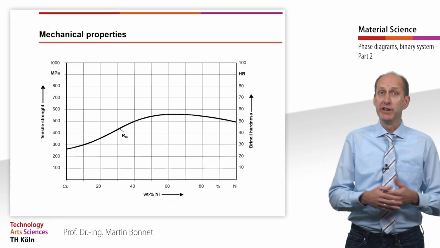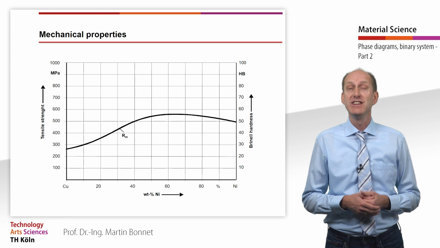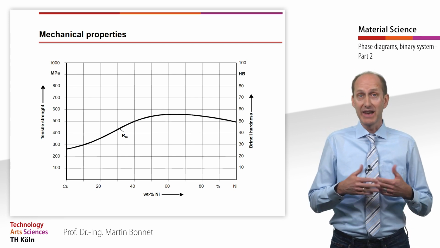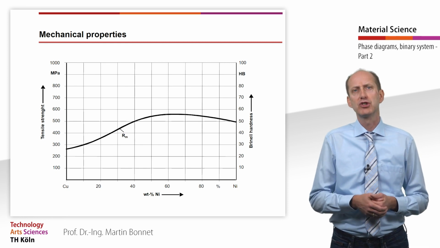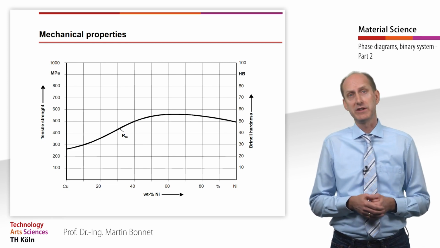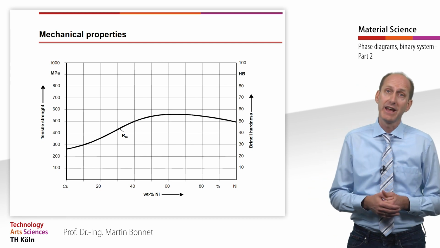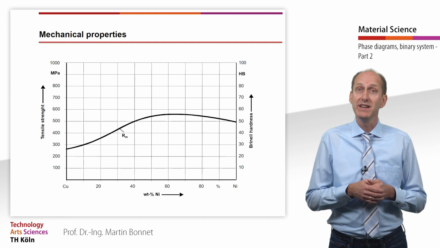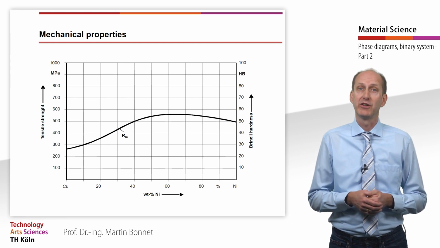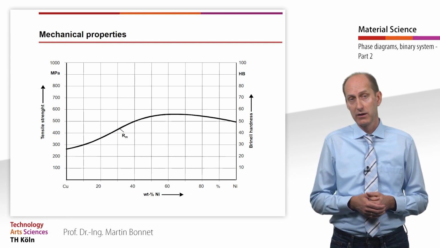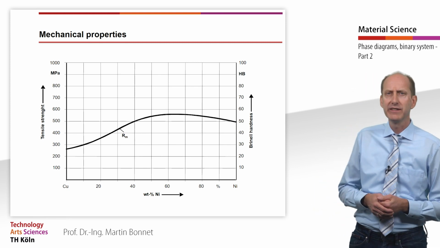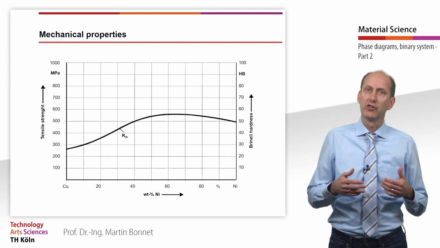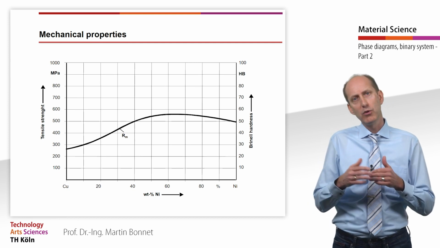The properties of an alloy with solid solution cannot be calculated from the properties of the components because the lattice distortions do not change in proportion to the concentration. The strongest lattice distortion is in substitutional solid solutions when each component occupies about half of the lattice sites. For copper-nickel alloys, the tensile strength determined in the tensile test shows a corresponding maximum at slightly more than 50%